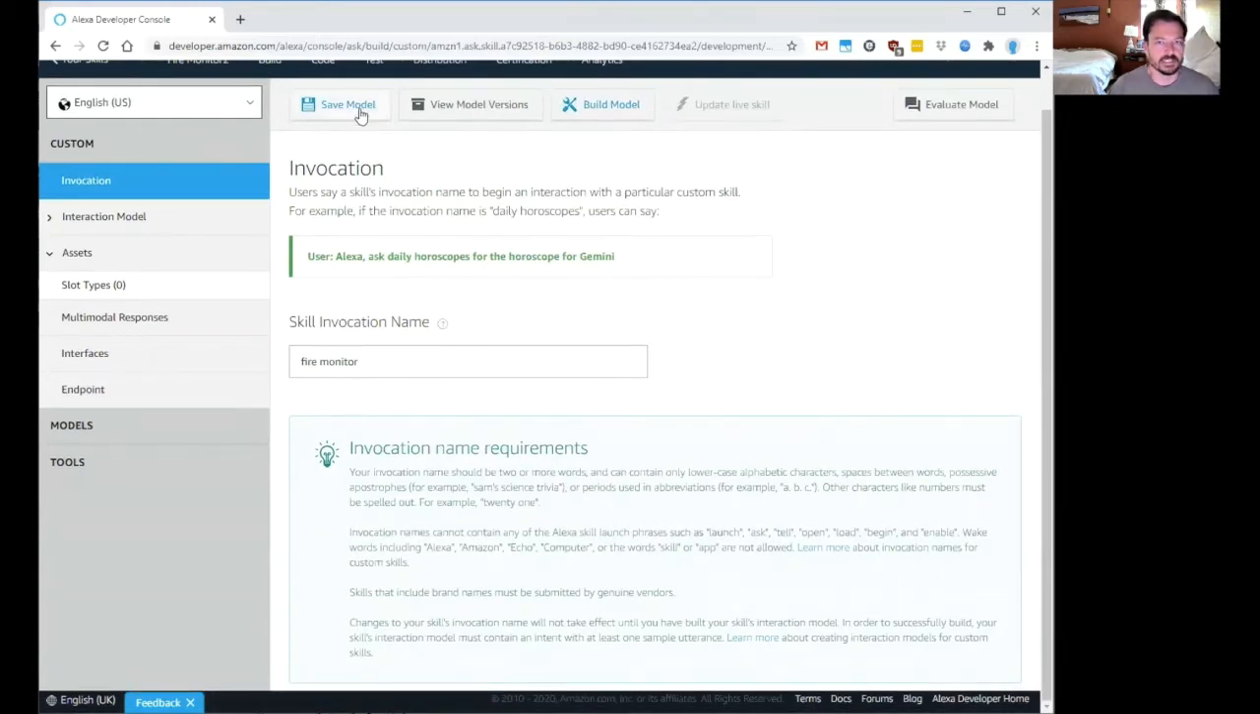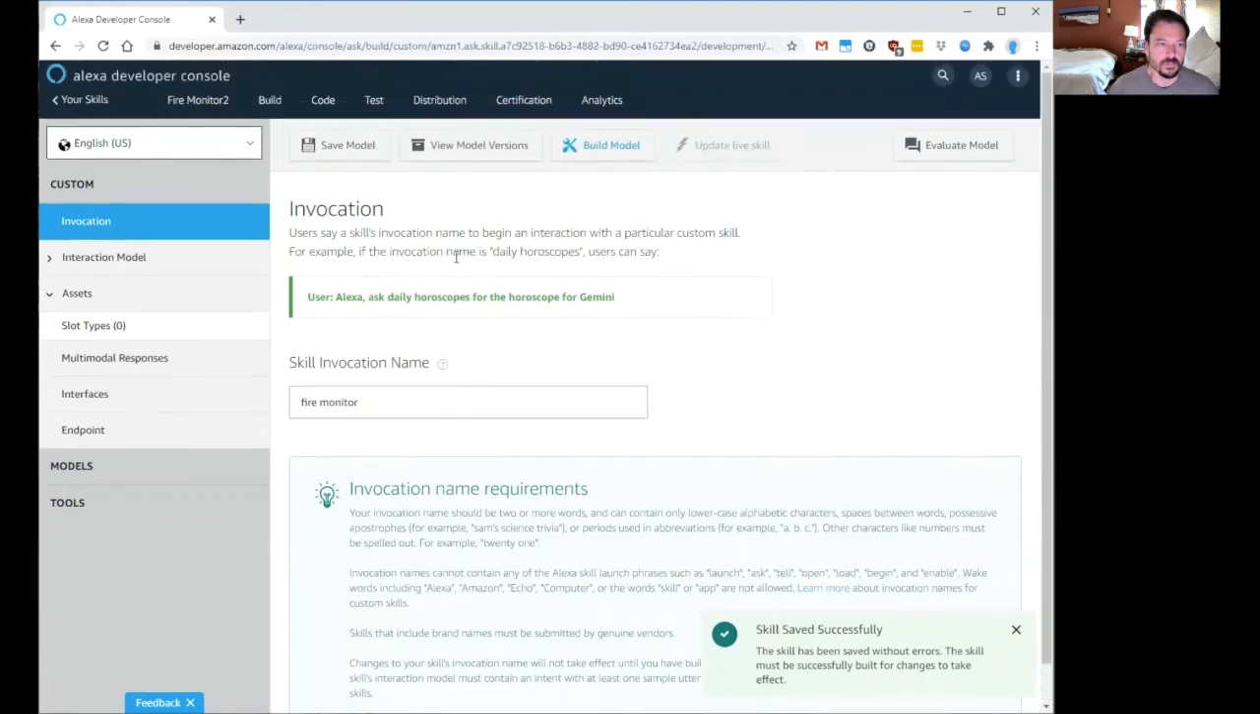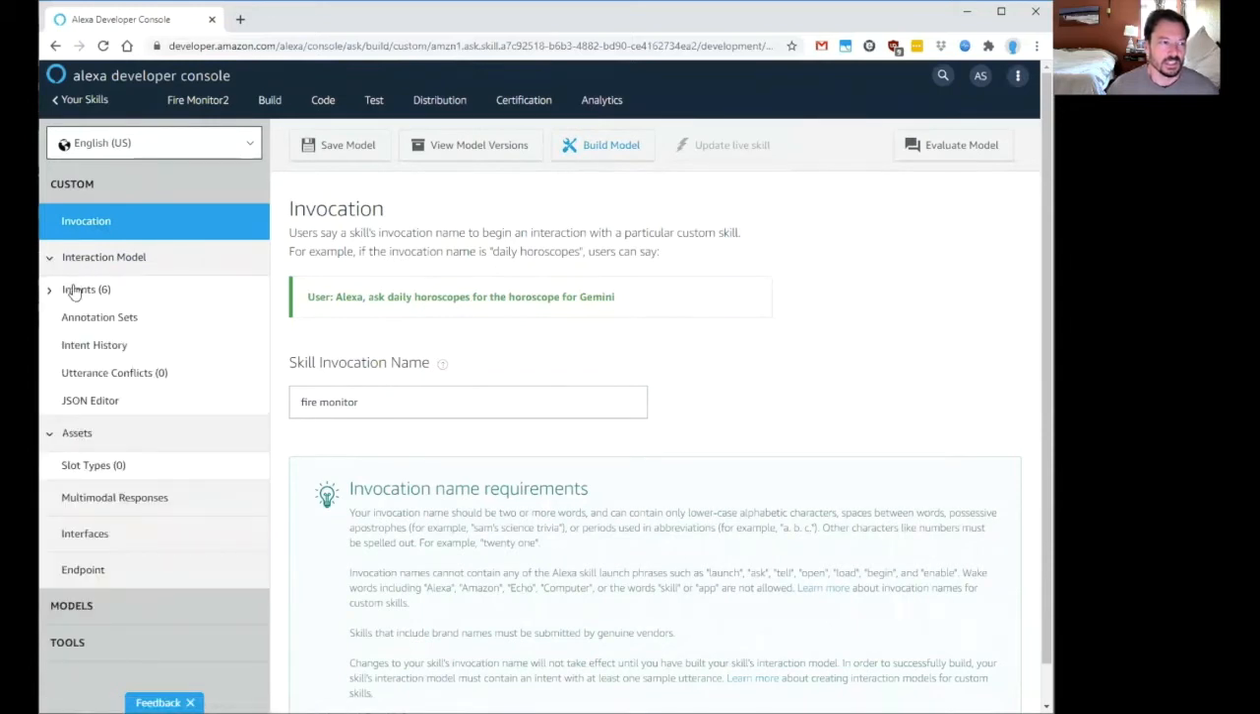And then we'll go ahead and save the model. Okay. Then we'll just kind of go through down this list. This interaction model, this is how you're going to interact with your skill. There's a lot of Amazon information about writing out the conversation that you want the user to have with your skill. And there's a lot of benefit to